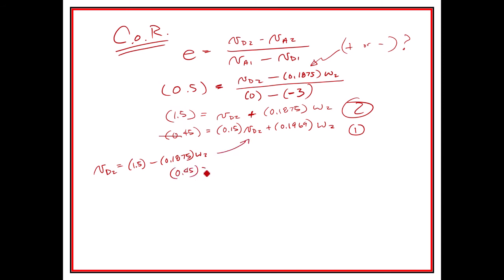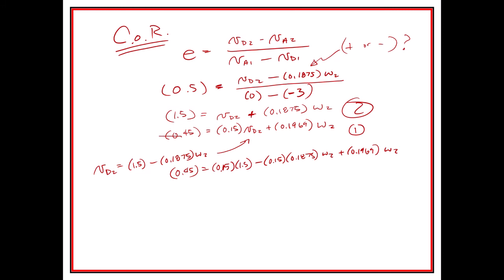This is my really ham-fisted way of working these things out. 0.15 times 1.5 minus 0.15 times 0.1875 omega 2 plus 0.1969 omega 2. So start bringing it all over there, and I end up with 0.15,